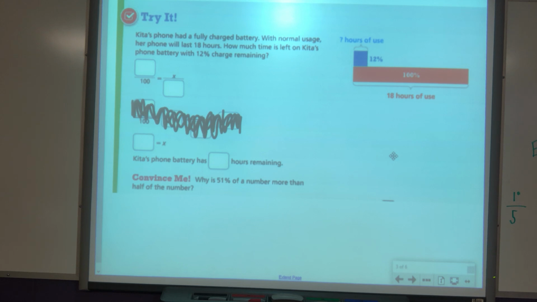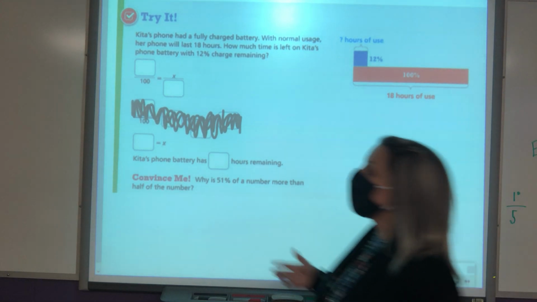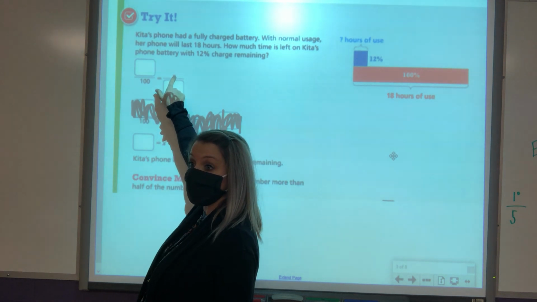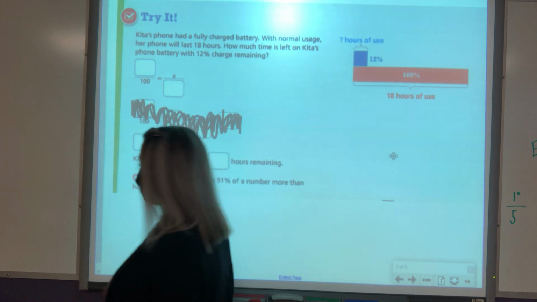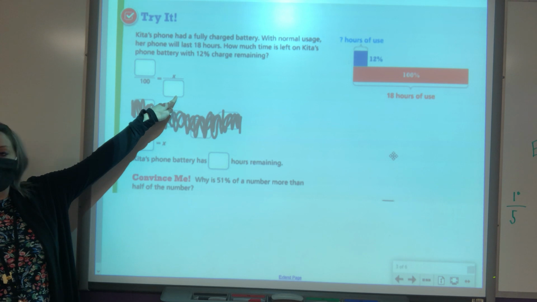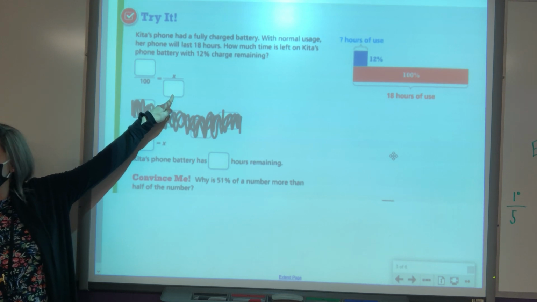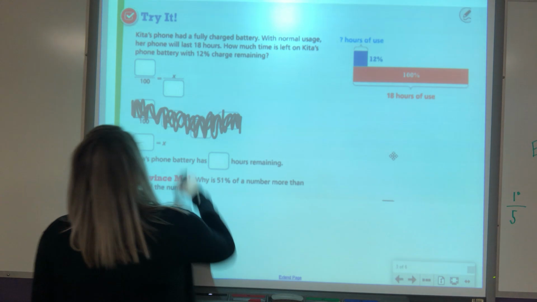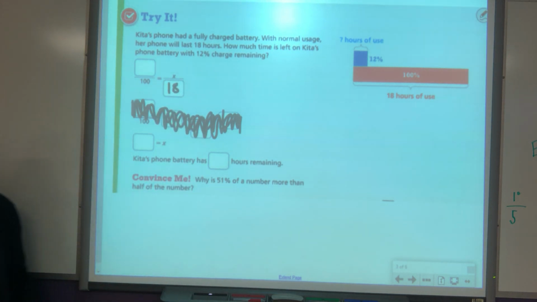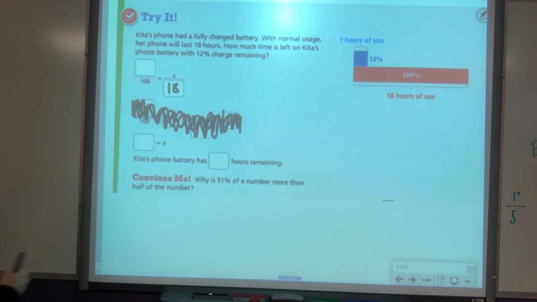So we don't know how much is left, right? If we don't know how much is left, we use a variable to identify that position. At 100%, how long does Kidda's phone battery last? 18 hours. But we're not concerned about 18 hours, right? Because we've only got 12% left. So where does our 12 go? 12 goes over 100 because every time percent goes over,